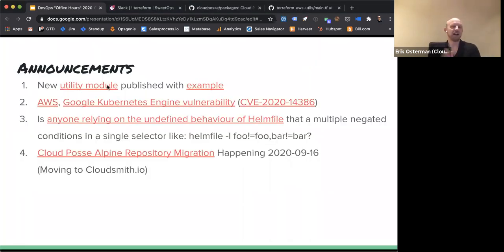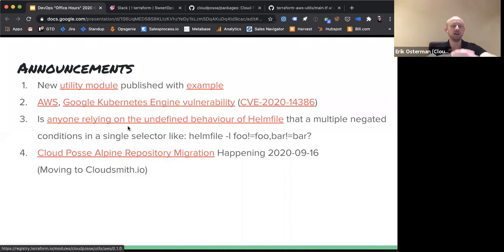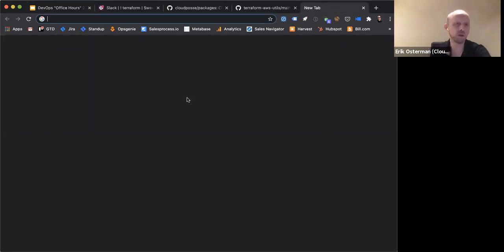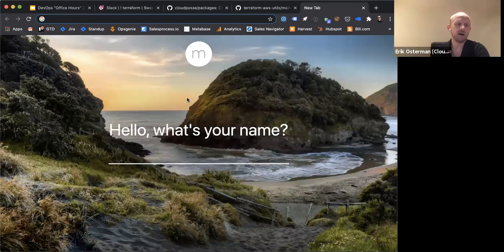All right, so the first thing I want to talk about is a very small utility module that we've created. For those of you familiar with Cloud Posse's ecosystem of Terraform modules, we have something called the Terraform null label, which helps us generate consistent label names on any provider. So whether it be Azure, Google Cloud, Terraform Cloud, you name it, we use that to generate consistent resource names.